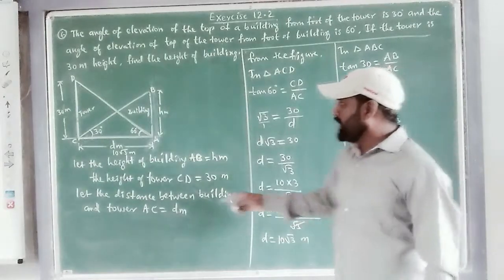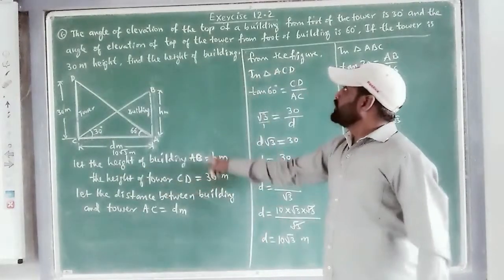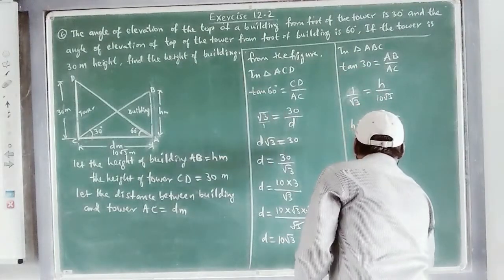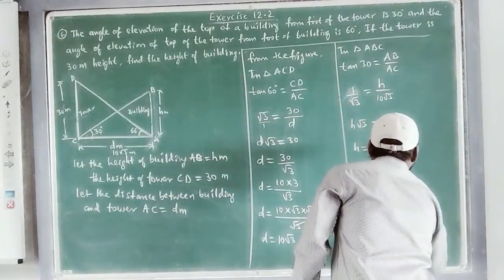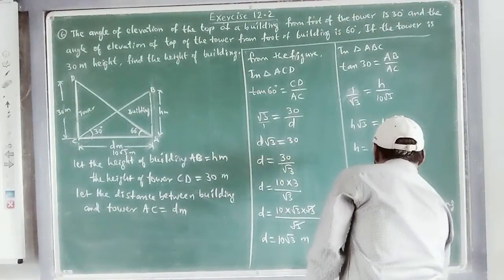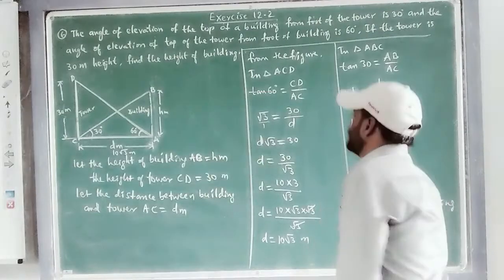What is x actually? The height of the building, which we need to find exactly in this question. So therefore, the height of the building, how much did we get now? It is 10 meters. Hope you all understood.